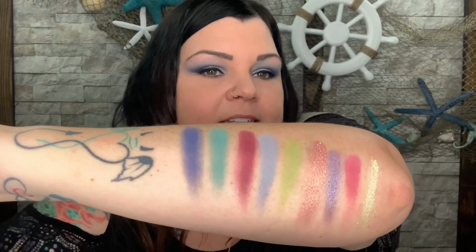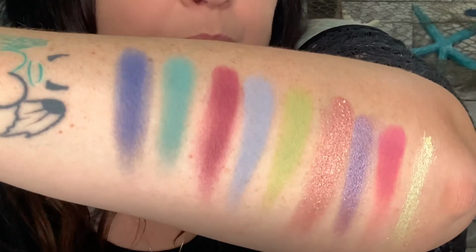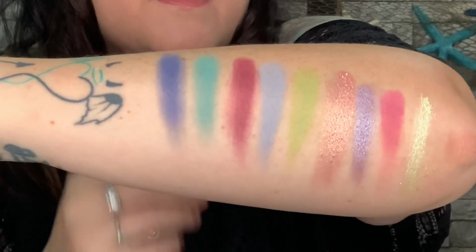So here is the entire palette swatched. Super, super pretty colors. They're very highly pigmented. There's not a whole lot of fallout in this palette. I'm actually impressed with the formula. I really love the colors, and most importantly, I'm supporting Teresa Is Dead, and that's the most important thing to me. So I'm so glad to now have this, to add this to my collection so I can use different looks and get different colors,